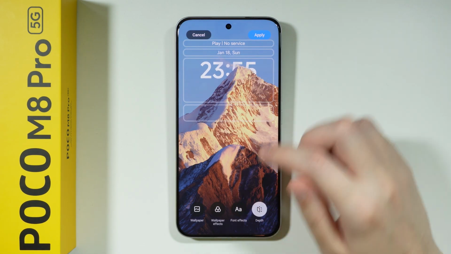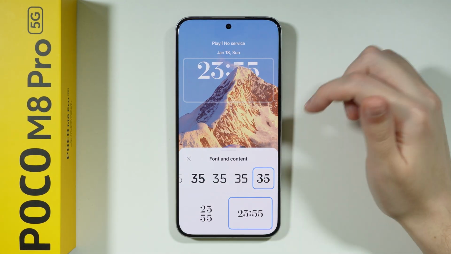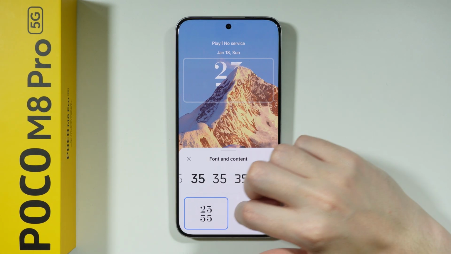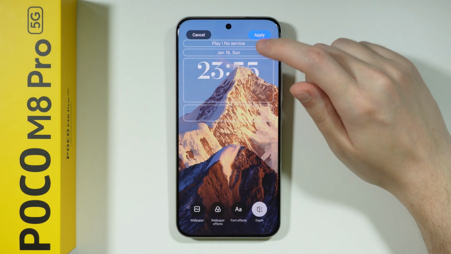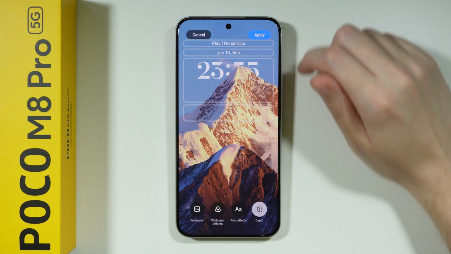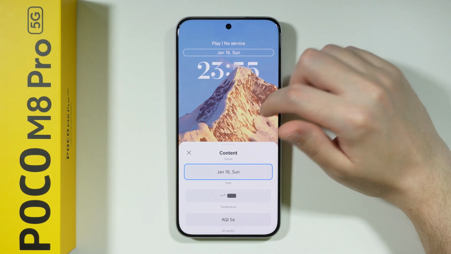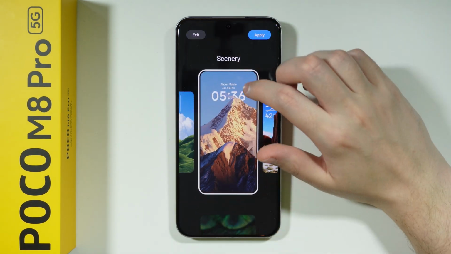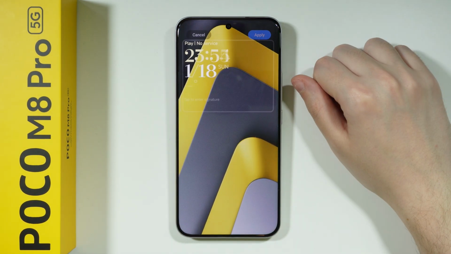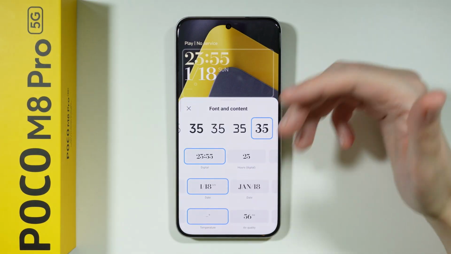So in this case, for example, I can actually tap on the clock and change the font. We can also find two different styles for the clock. We can also toggle the depth effect in some cases, and also we have the date and so on and so forth. But if we go for the standard preset, then in this case we have a couple of different